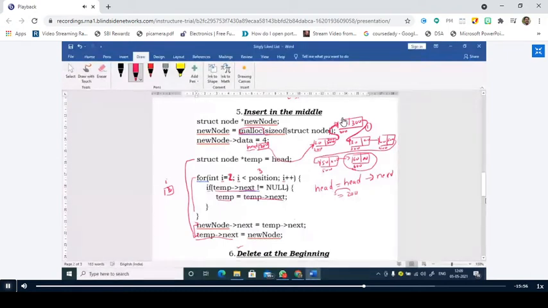Which pointer? Are you free to move the head pointer? Can you change the value of head? No, sir. So what you have to do? You have to take a temporary variable. You take a temporary variable, assign it to head, such that both of them are pointing to the first one. This is temp, and we assign it to 200. Therefore, both are pointed. Now you have to traverse the linked list from the starting node to the end node.